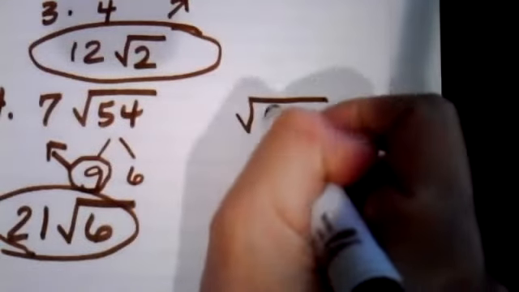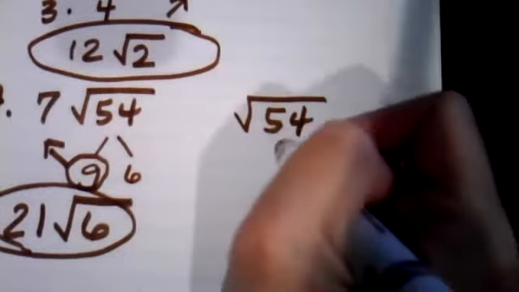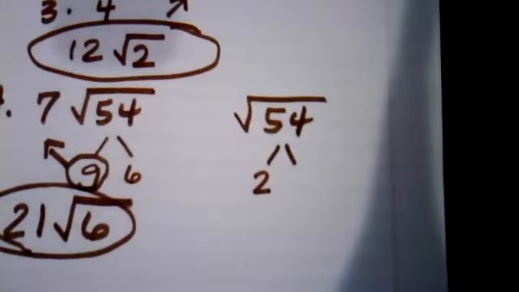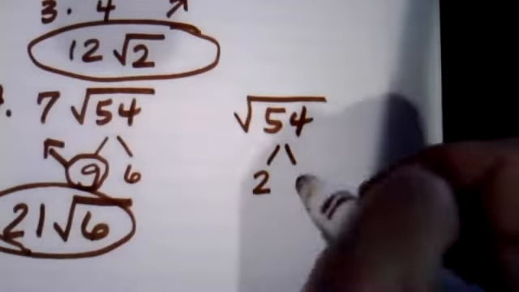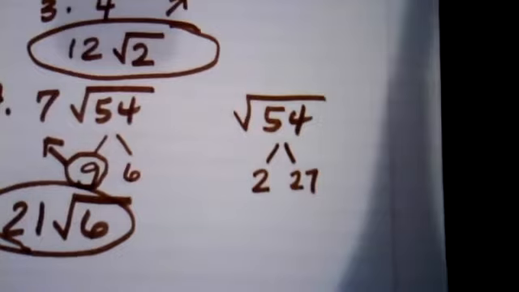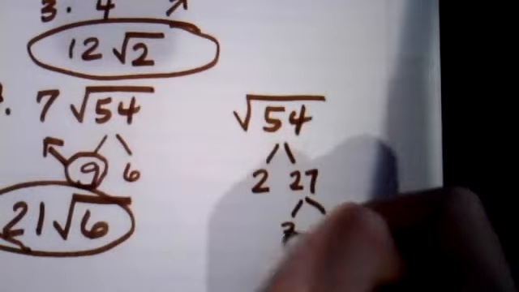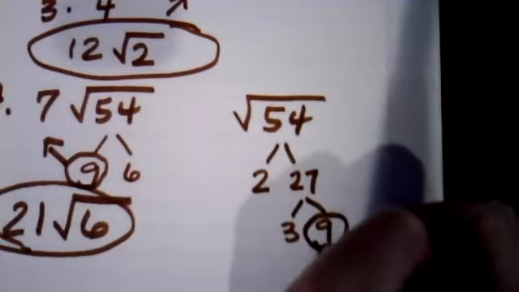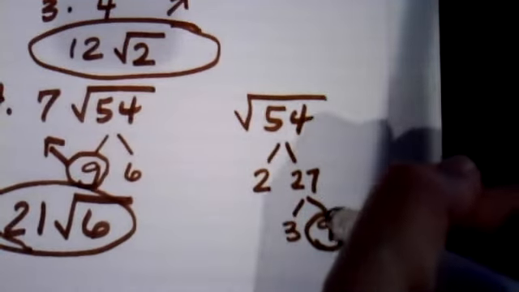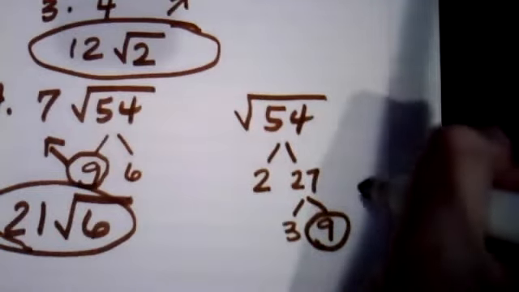So I'm going to show you off to the side. Let's say you looked at 54 and you were like, I don't know, and you saw, well, that's an even number, so I know 2 goes into it. So you use your calculator and you find that 2 times 27 gives you 54. And you're like, well, lots of help you are. But hopefully at this point, you would see 3 and 9, and you could pull that 9 out. If you didn't, well, I don't know how you wouldn't at this point. But if you saw